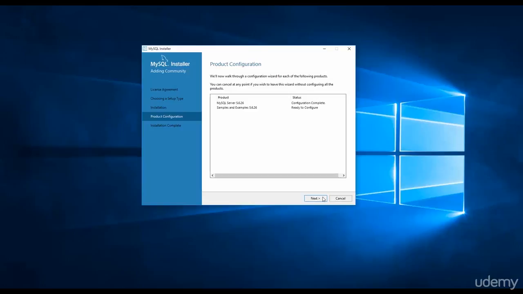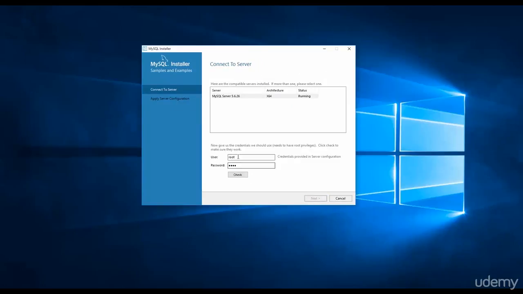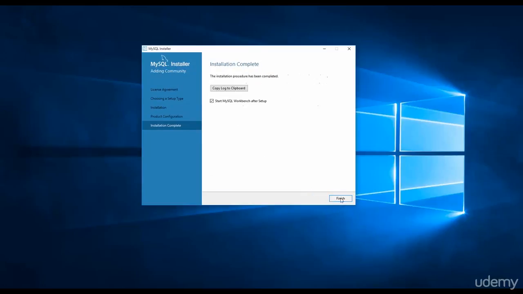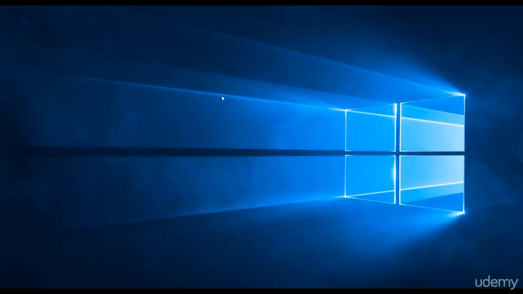Okay, hit finish. Hit next. Now it says check if the password is right and your connection is valid. Let's check it. It says connection successful. That's what we want. Hit next. Execute. MySQL is making sure everything works fine for your machine. Now we have hit finish,